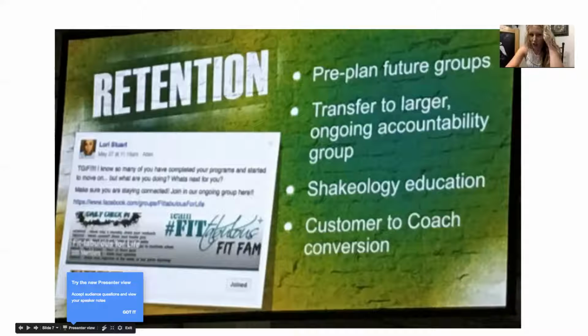Shakeology education. Make sure that you are fulfilling everybody with education on what Shakeology can do for you, different ideas, how to use it. I know one of my girlfriends, she bakes with it. I've baked with it before. Different recipes. Sometimes people try it one time and they're not a fan. Well, that's probably because they didn't love the recipe, the way that it was made.